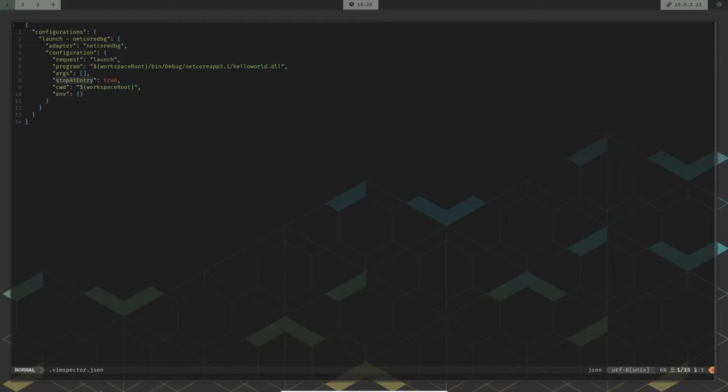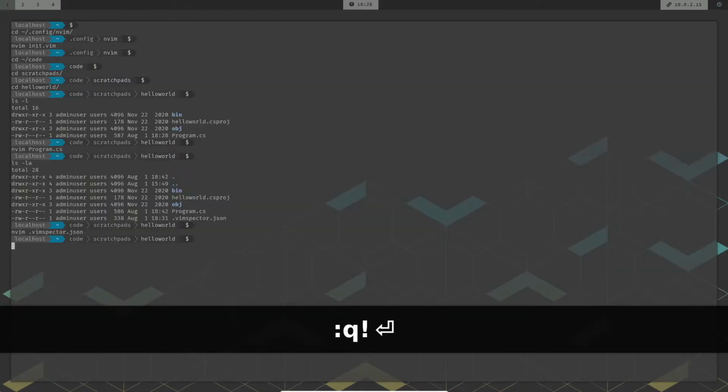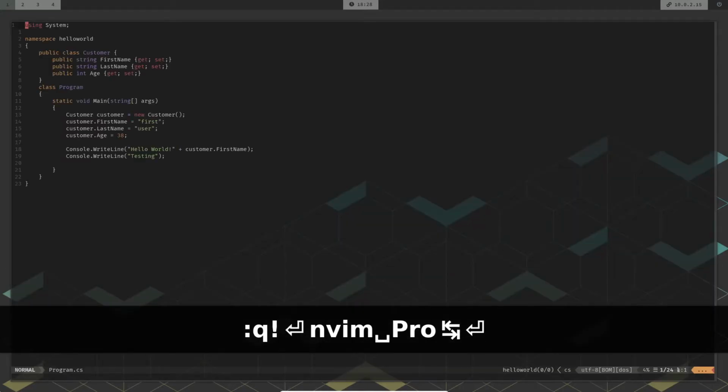This is one of the basic files that you're going to need for debugging your .NET code, and I'm going to put a link to this file in the description section so that you can download it from my GitHub repository, and then modify it depending on the program that you are trying to debug. With that done, let's quickly come out of this file and open Program.cs again so that we can actually start some debugging now.